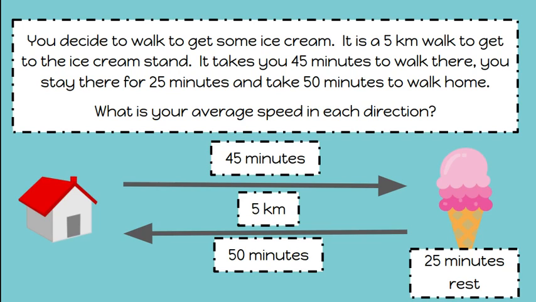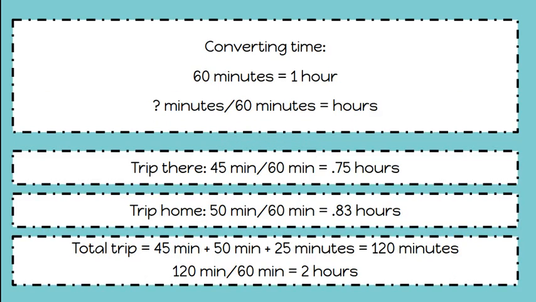So, what you're going to need to do first before you do anything else is figure out how much 45 minutes is out of an hour, how much 50 minutes is out of an hour, and how much 25 minutes is out of an hour. So, we're going to look at that first. So, for converting our time, there are 60 minutes in an hour. So, if you take whatever time it is that you're looking at and divide by 60, that'll tell you how